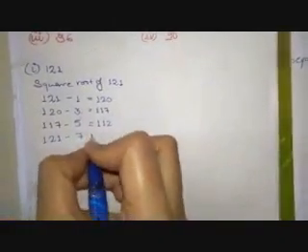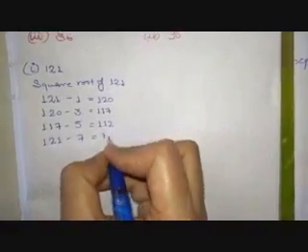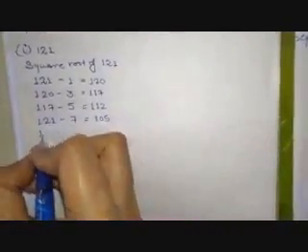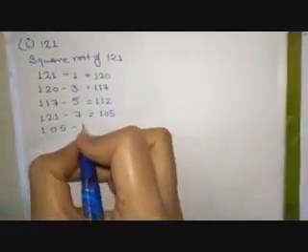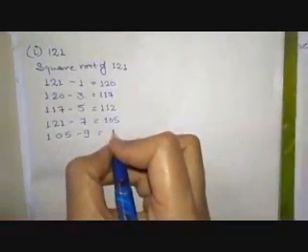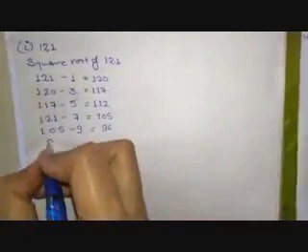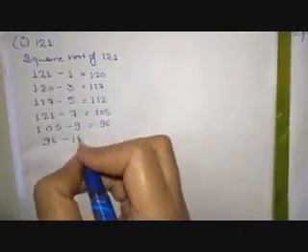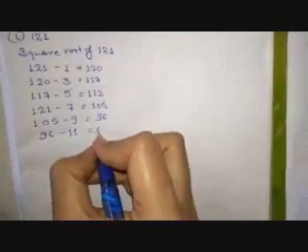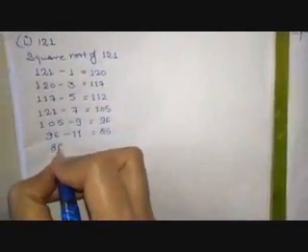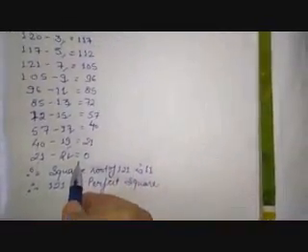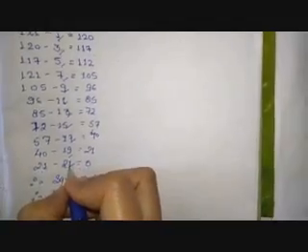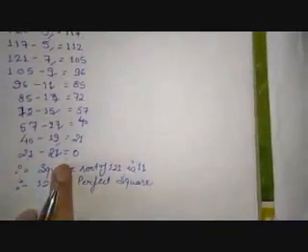We will subtract 7 and we get 105. Now I am having 105. I will subtract 9. I got 96. Here I wrote 96 and I subtracted another odd number, which is 11. The answer will be 85. I wrote 85 and I subtract the next odd number, and continuing like this, at the end I am getting 0.